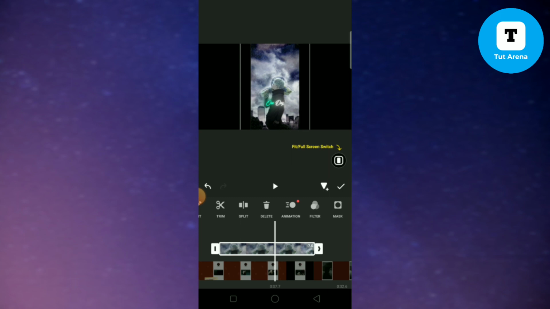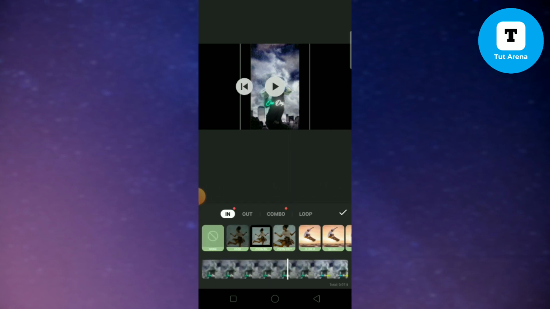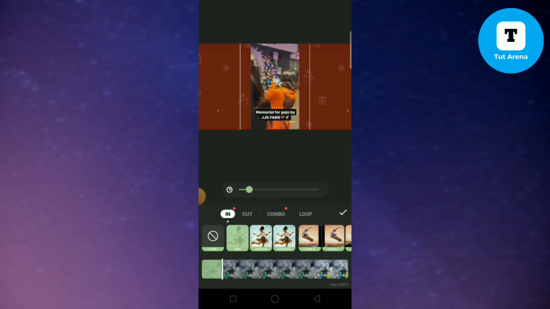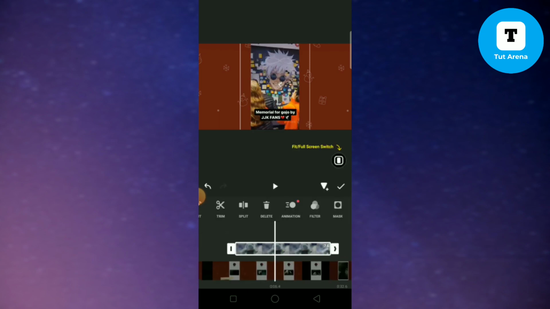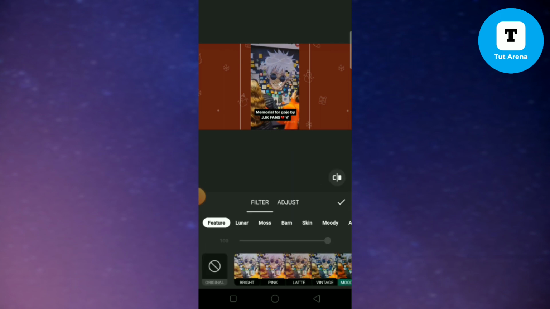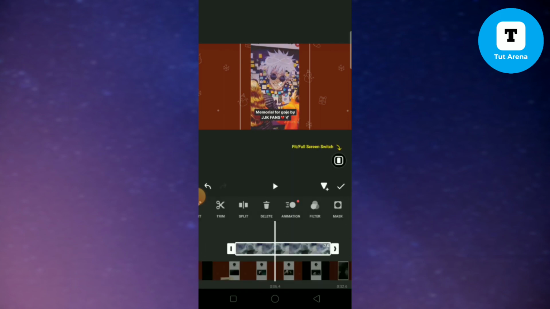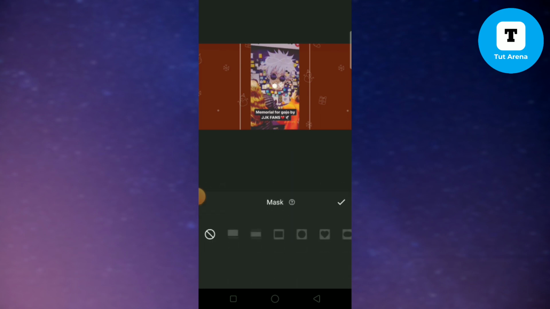And here if you guys want to add animations to your overlay video, you guys can also do it by tapping on here, and then you guys can also add filters. If you tap on filters, now tap on the check mark, you guys can also put a mask on your video,